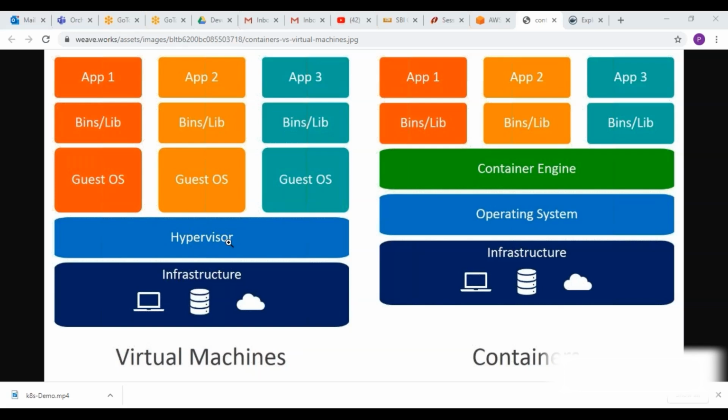And the second thing is here you are using a hypervisor, which is licensed. Also, to run these microservices in real time, if you are installing the operating system, you need to buy the entitlement of that operating system. If you are using Red Hat Linux, you're not going to get it free, you need to pay a license for that. So to run these many microservices, you are installing the operating system in each and every virtual machine, for which you need to pay licensing. But here, you are not installing the operating system. You are using this base operating system.